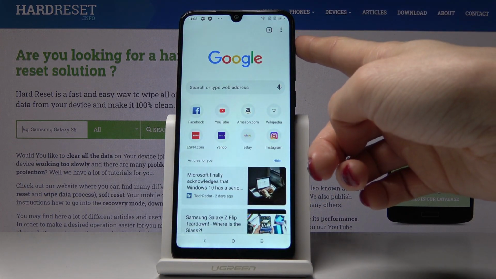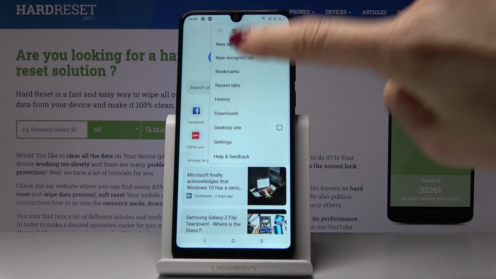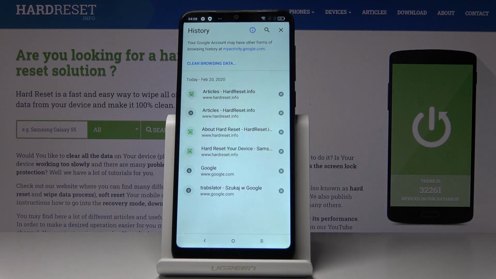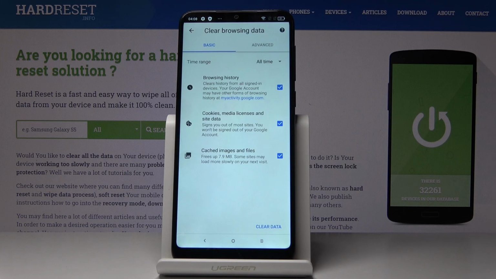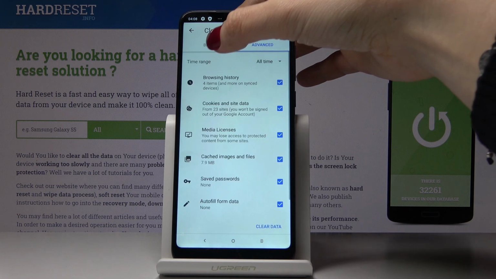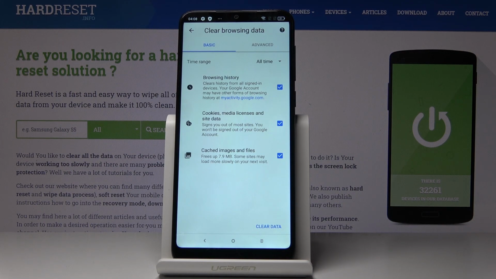Then just click on the more icon, the 3 dots one in the right upper corner, and select history. And here go to clear browsing data and select some options from basic and advanced features. So under basic you will find browsing history, cookies, media licenses and site data, cached images and files, and then